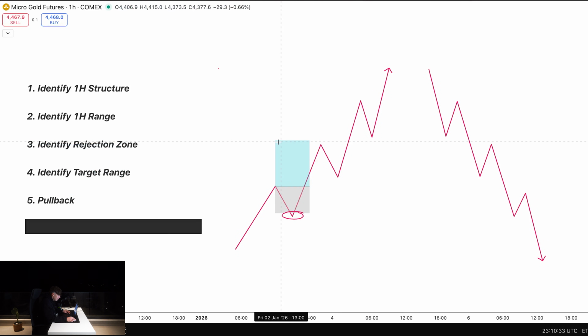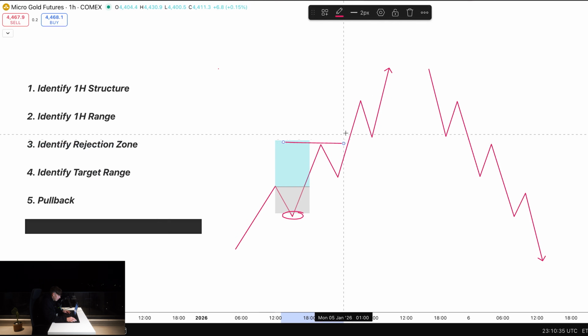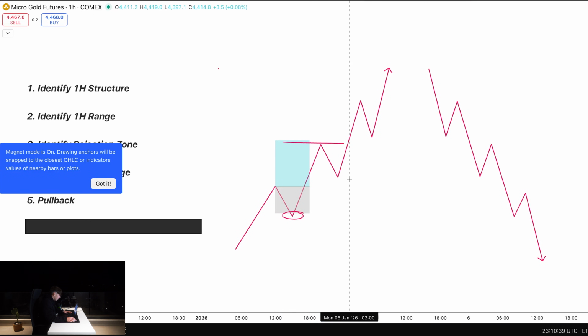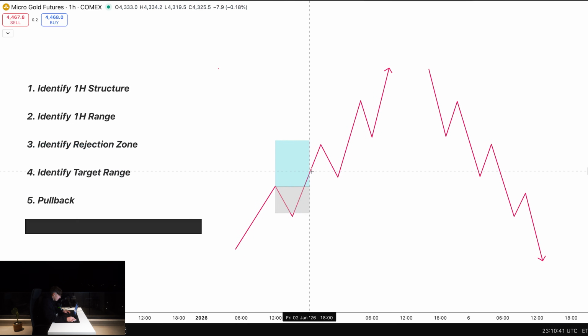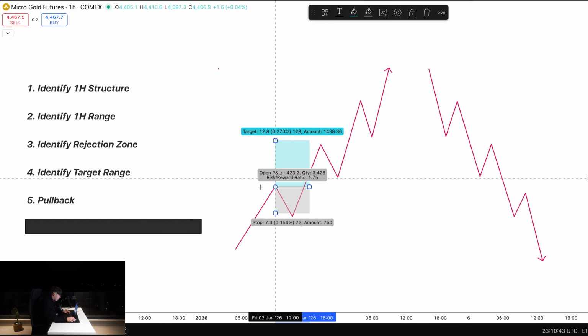Then what happens is their TP would have got hit. They end up FOMOing back into the position at this high, and the cycle repeats. And if that's you right now, then you need to listen to what I'm about to say. So instead of waiting and trying to catch a position as the market is trending up, we are going to